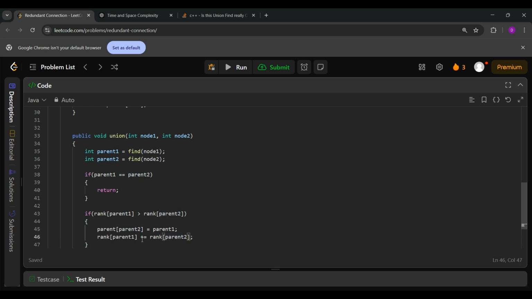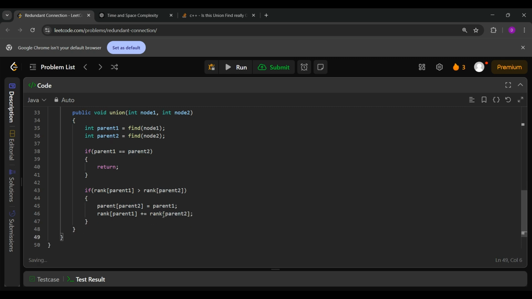Okay, so here it simply means that if parent 1 is connected with more components than parent 2, then I will just mark parent 2 as the parent of 1, and I have to add that many more components to parent of 1. So this is done by updating the rank. Now